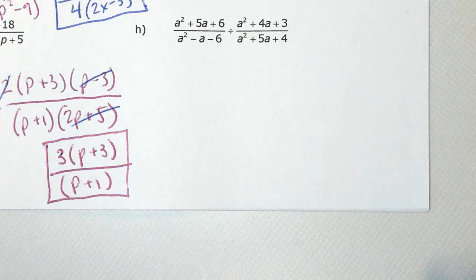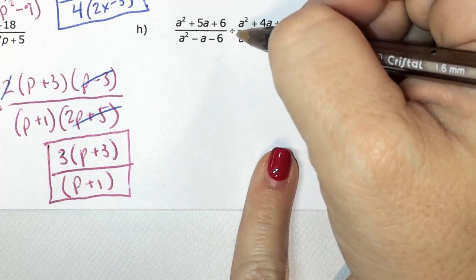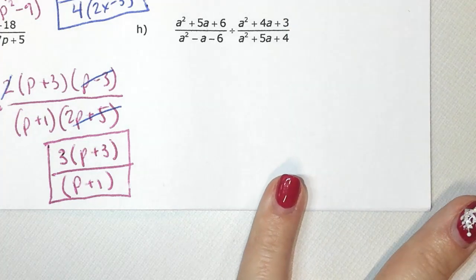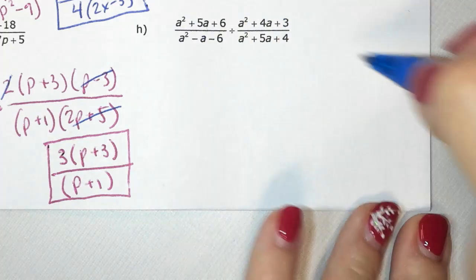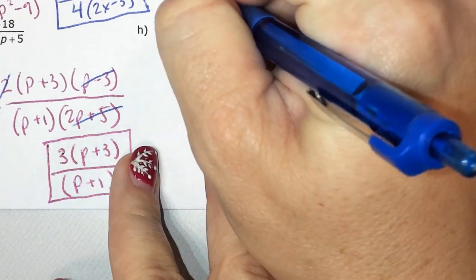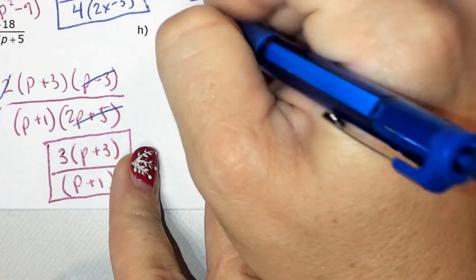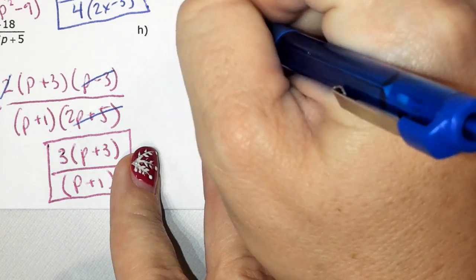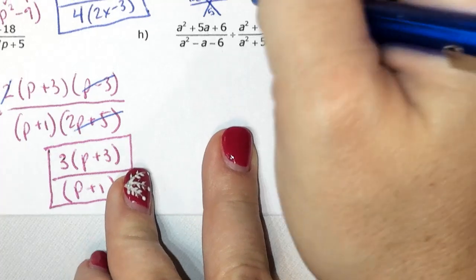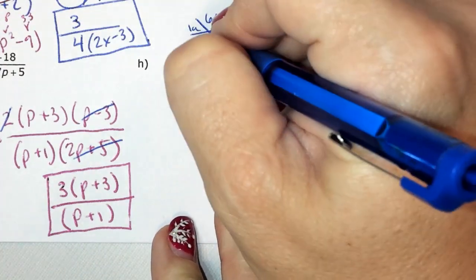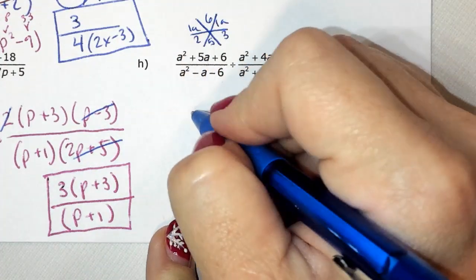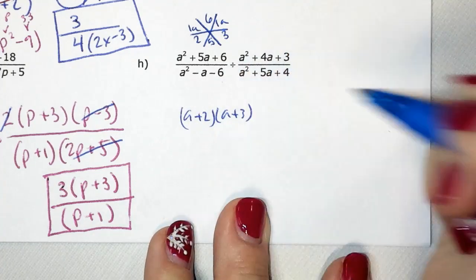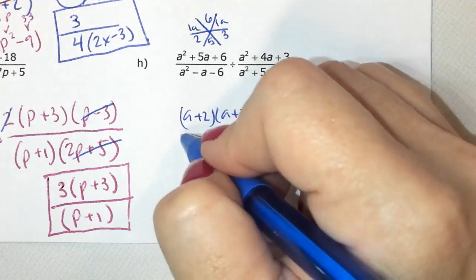Okay, looking at this one, same thing except it's division. So remember, when it's division, you have to flip the second one, what's after the division sign. So I'm going to have to snowflake quite a bit on this one. A is 1, so 1a, b is 5, a times c is 6. What multiplies to give me 6 and adds to give me 5 is 2 and 3. So that gives me a plus 2, a plus 3, because those don't simplify, over